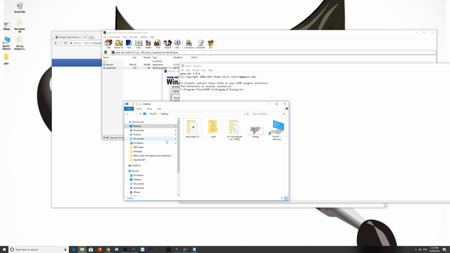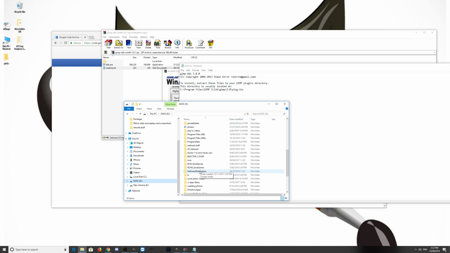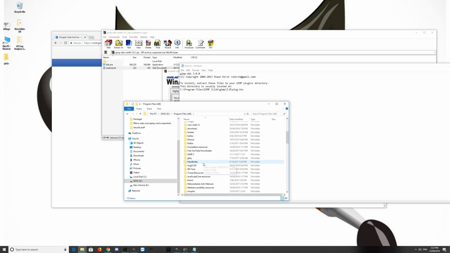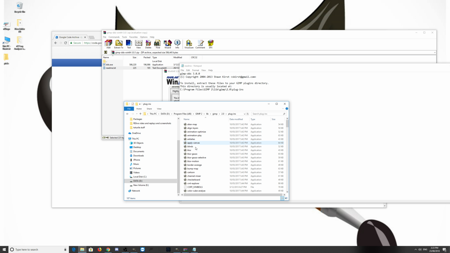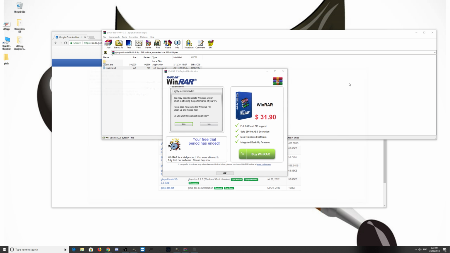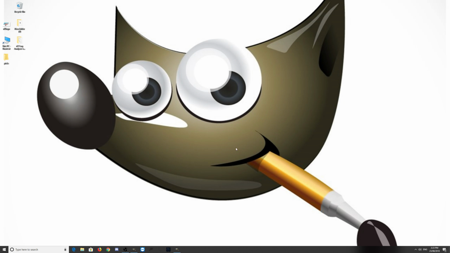Now if I go and try and find that on mine, which is on my D drive, program files, GIMP 2, lib, GIMP 2.0, plugins, and then all you got to do is just drop it in there and then it'll work. Alrighty, next thing, we got to create a directory for your skin, but before that I'll show you where